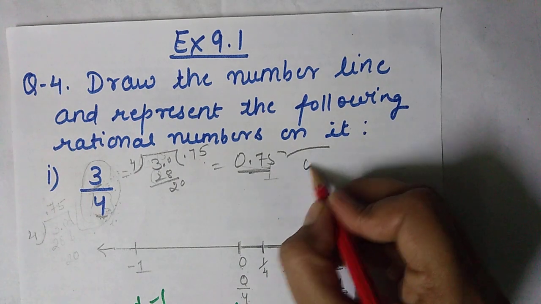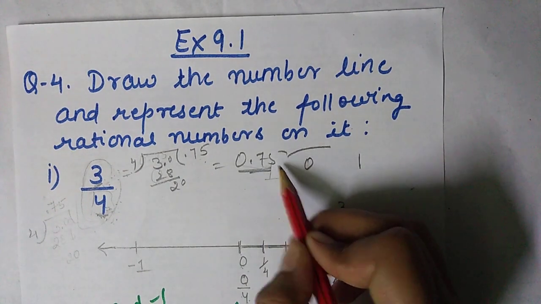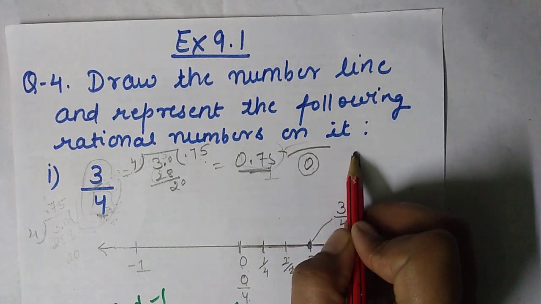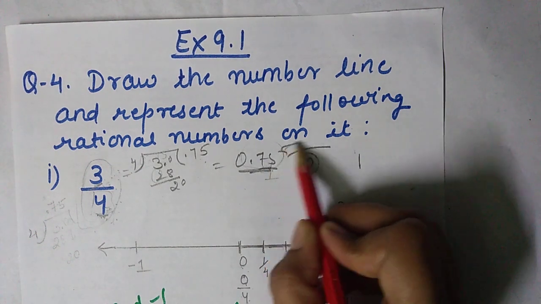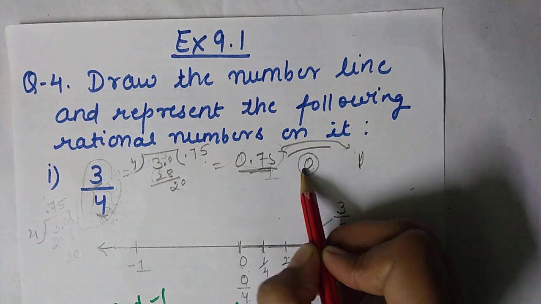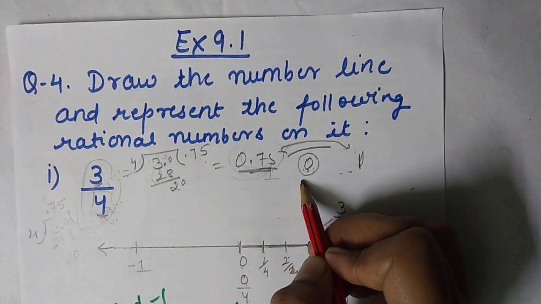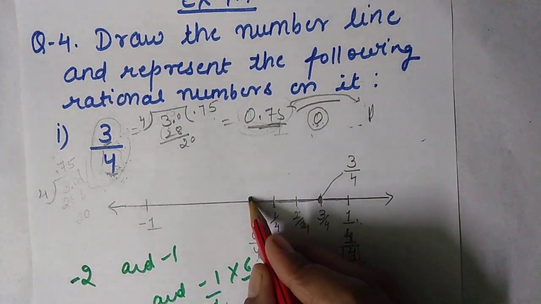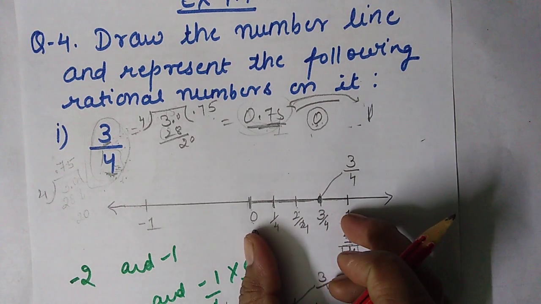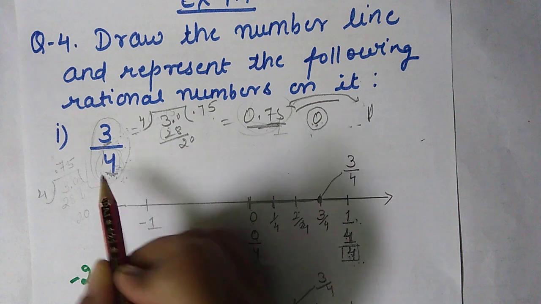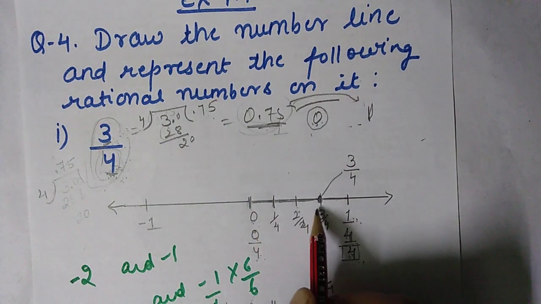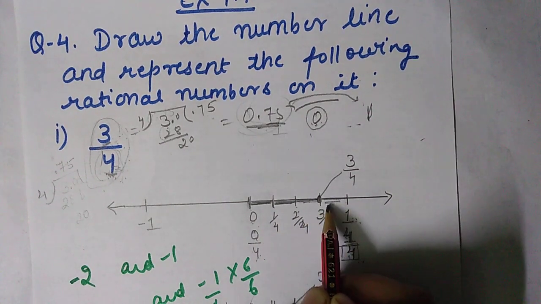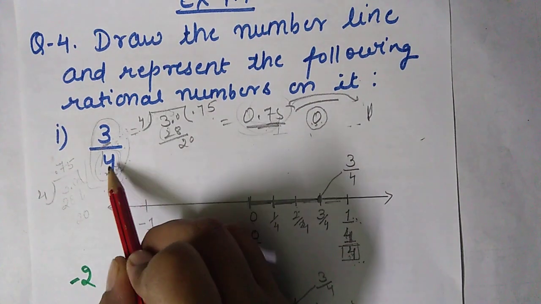Now you have to find between which two integers this number lies. You take one integer which is just less than this and nearest to it, and one greater than it. So this rational number lies between 0 and 1. Now I have to draw a number line, and only the part between 0 and 1 I have to consider. We have 4 in the denominator, so between 0 and 1 we make 4 equal parts: first, second, third and fourth. The number of equal partitions is equal to the denominator.